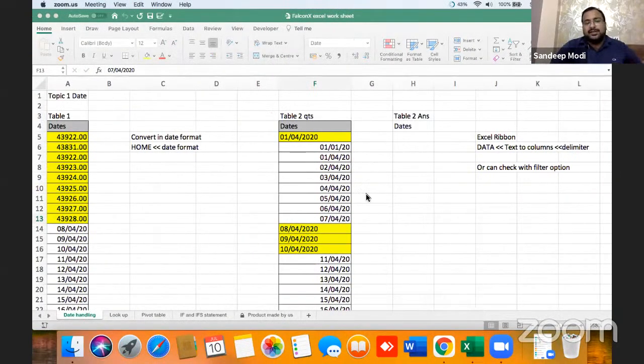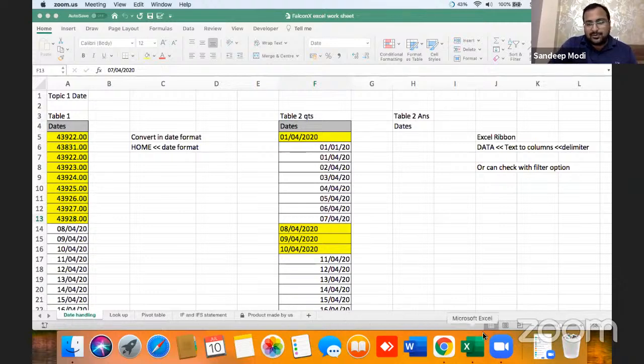Let's start the session. Today, the main objective is that each and everyone should save at least 4 to 5 hours in weekly time while using Excel. I would be covering topics which are easy, but how can you take them to the advanced level? For example, everyone knows how to put a VLOOKUP, but how to handle the exceptions, that I will teach you. Everyone knows how to use IF statements, but in addition to the IF statement, what all things we need to know, I would be covering. These are the main topics of the day.